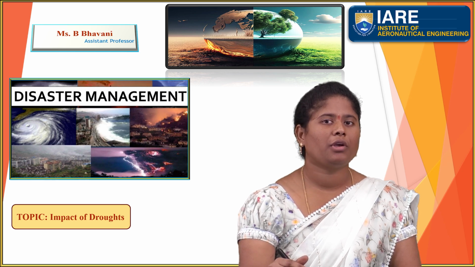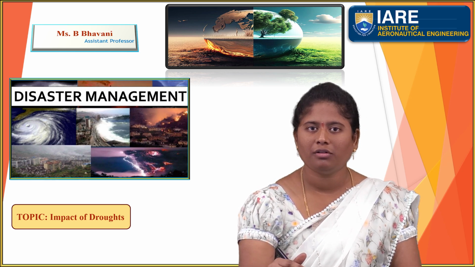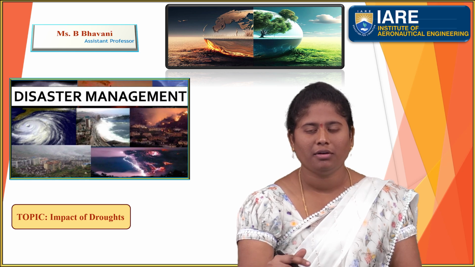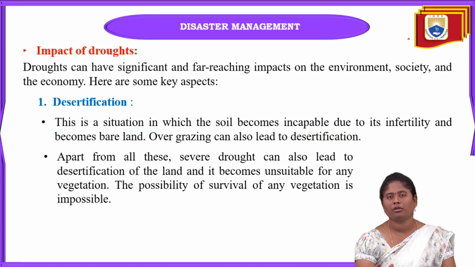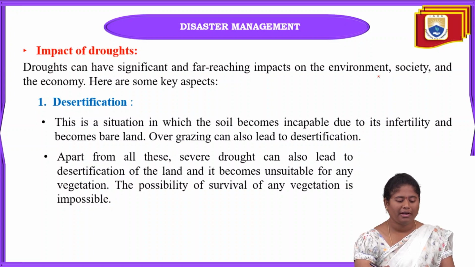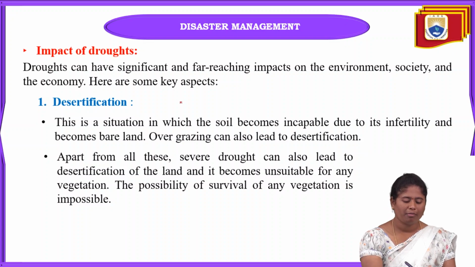In the last class we already studied what is meant by droughts and the different types of droughts. When any type of drought occurs, what is the main impact caused to the overall atmosphere, the climatic conditions, and also to humans and animals? Coming to the impact of droughts, whether economic, social, or environmental, what different types of impact occur because of droughts? Coming to the first one, that is